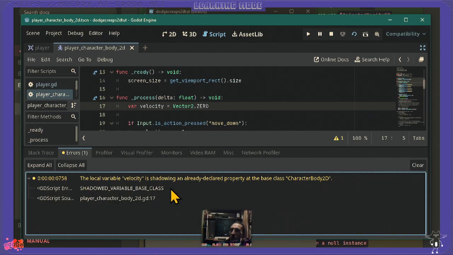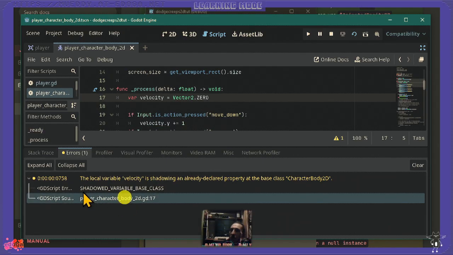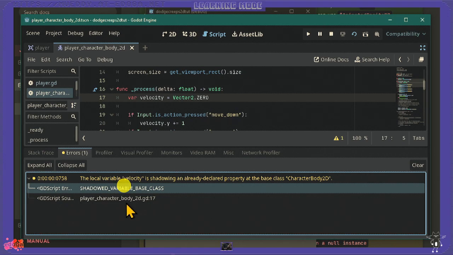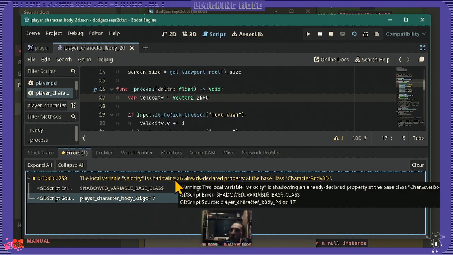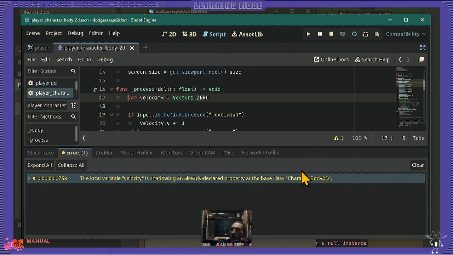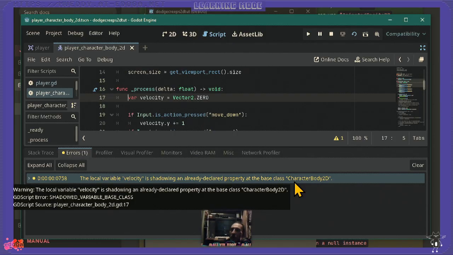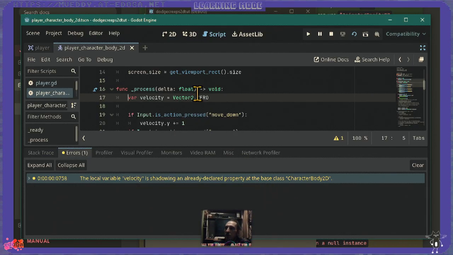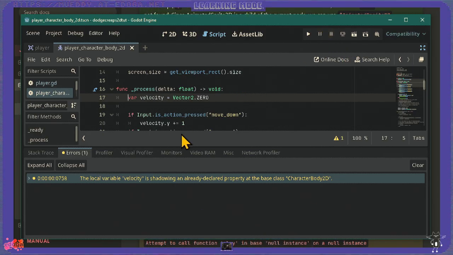Shadow variable base class. Error. And this is actually an error. Why would that be an error? So warning, the local shadowing an already declared property of the base class character body 2D, shadow variable base class. I didn't delete the code. I just